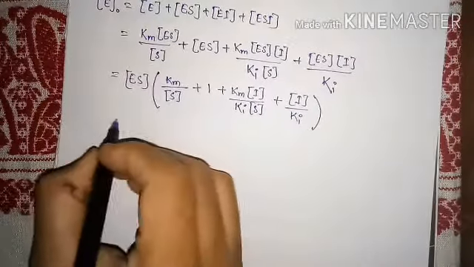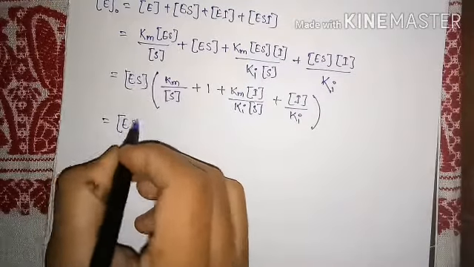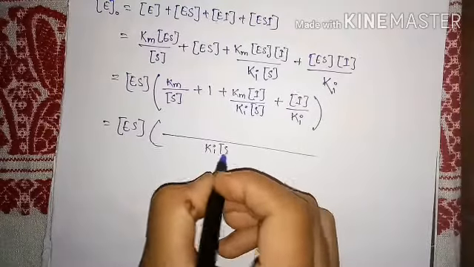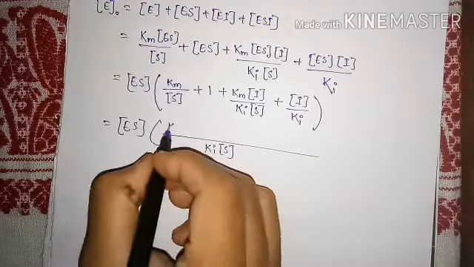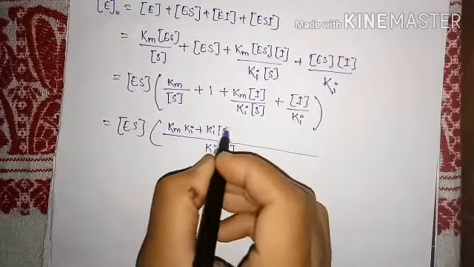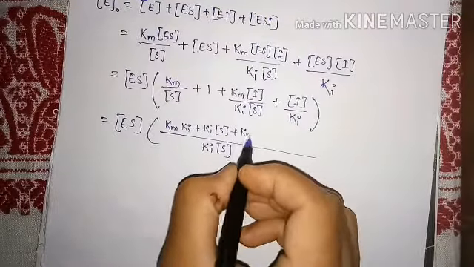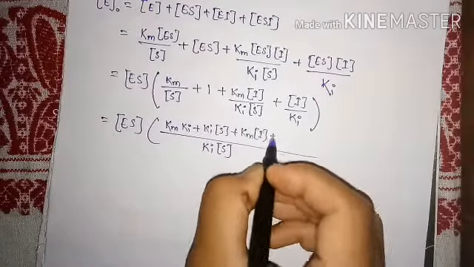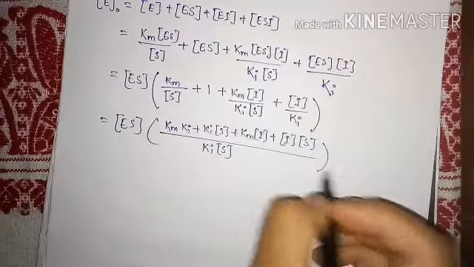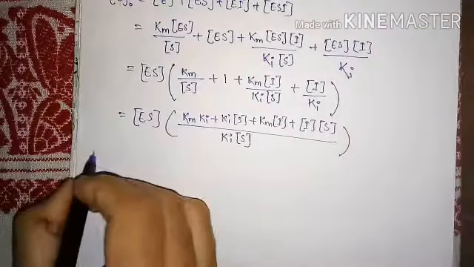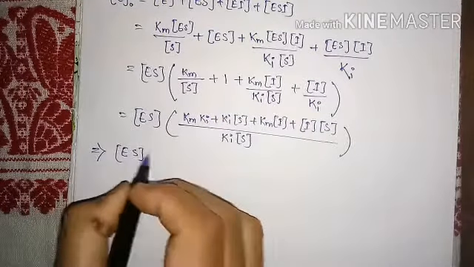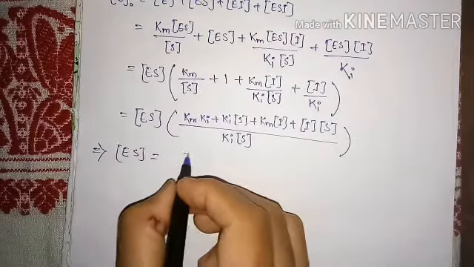So again we will take the LCM, Ki concentration of substrate, then it will be Km Ki plus Ki concentration of substrate plus Km concentration of I plus concentration of I and concentration of S. So we will do cross multiply, then we are going to get the value of ES. So the value of ES, we can see that it is